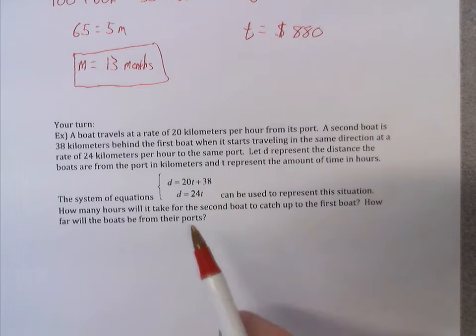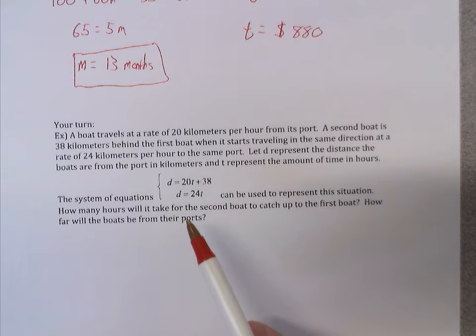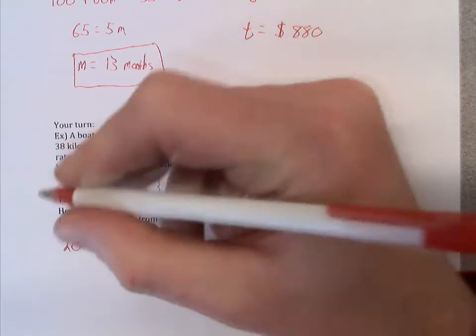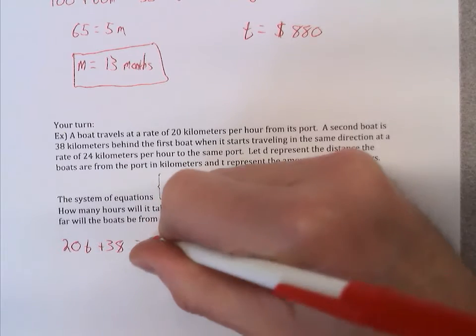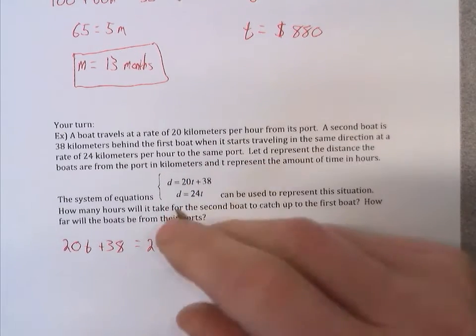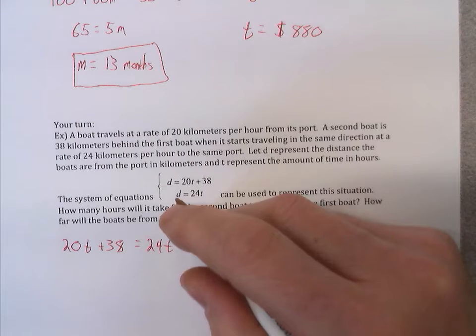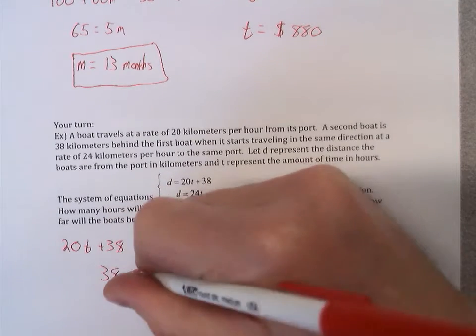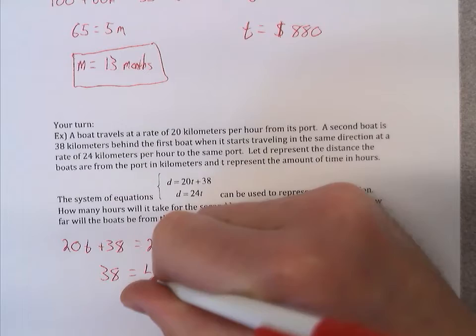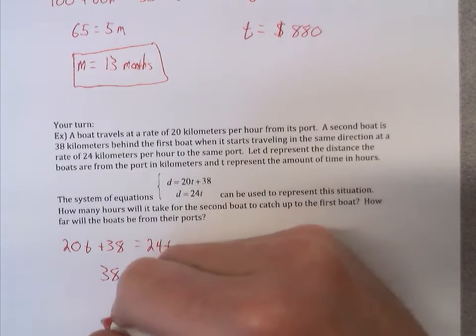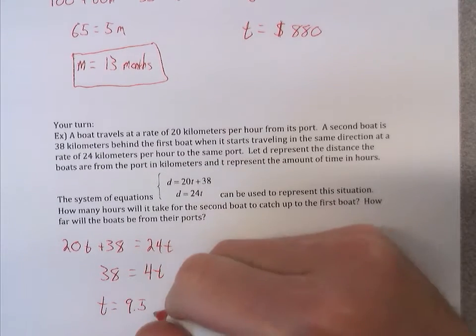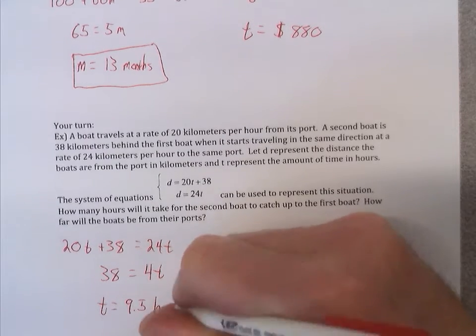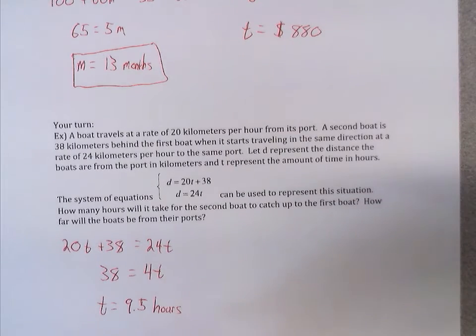Well, first, if we want to find the hours, which is T, that's the time, we can set these two equations equal to each other. So we've got 20T plus 38 is equal to 24T. Rearrange this equation. 38 equals 4T. And so T is going to be about 9.5 hours. And yes, you can have a decimal